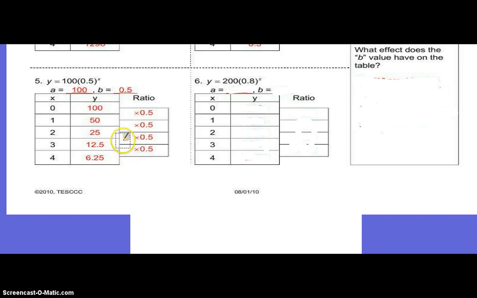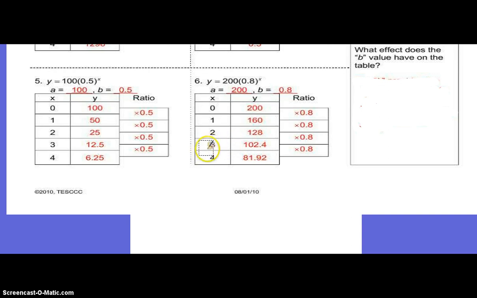Now let's look at number 6. My A value would be what? 200. And my B value would be 0.8. Giving me again 200, 160, 128, 102.4, and 81.92. Now the ratio would be times 0.8. So looking at the pattern, what effect does the B value have on the table, or where does